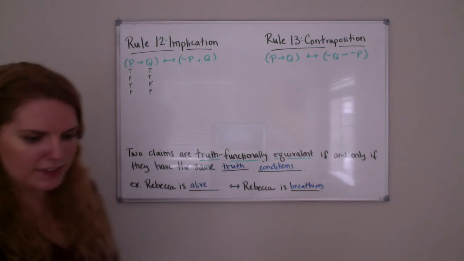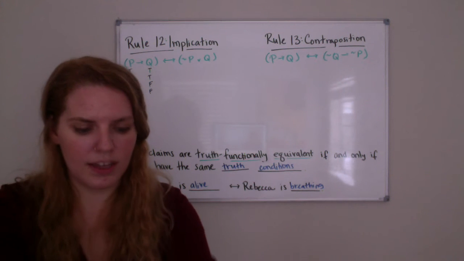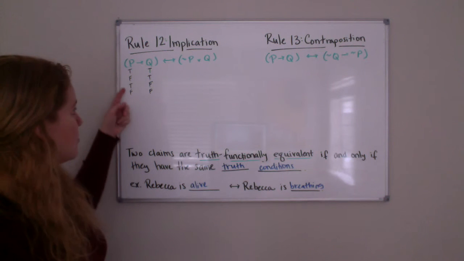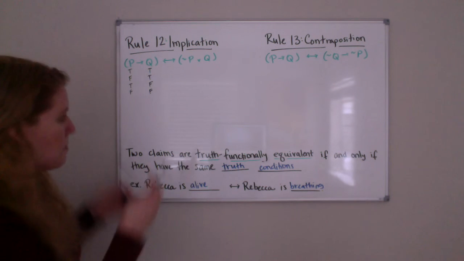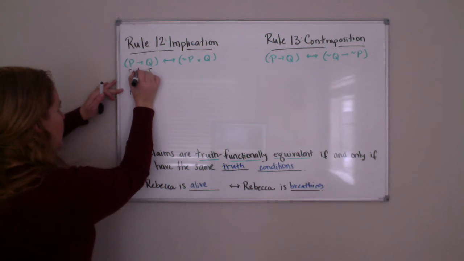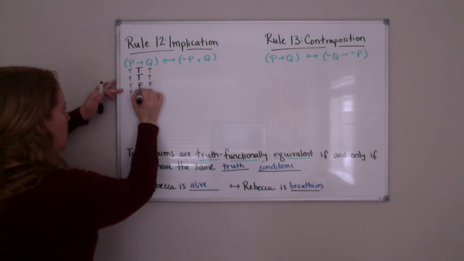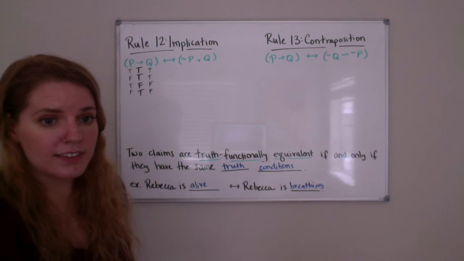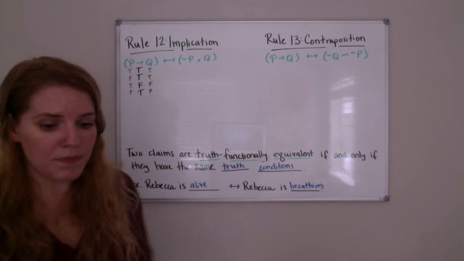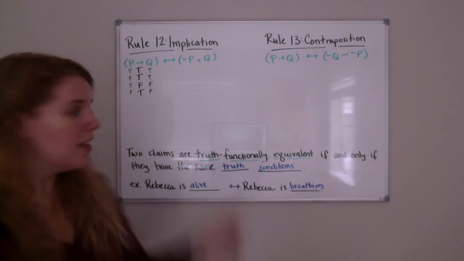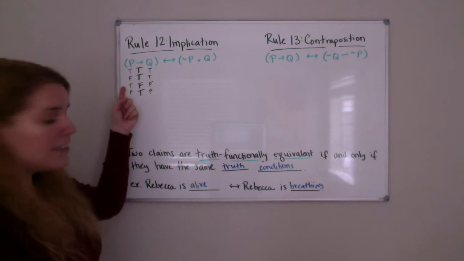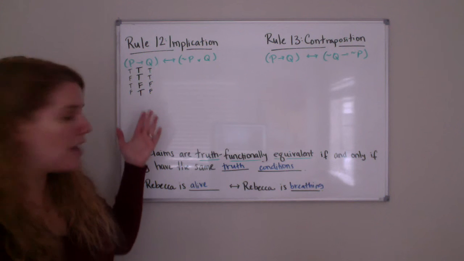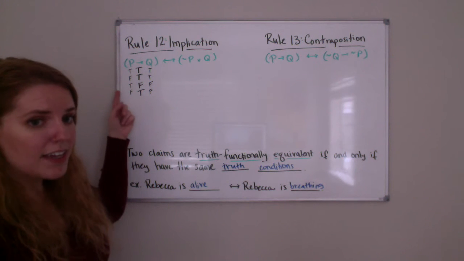Okay, so first I wrote up our truth values for P and Q. So for P I have true, false, and then for Q I have true, true, false, false. And our truth table for the conditional itself is true, true, false, true. So our conditional claim is true in rows 1, 2, and 4. The only time that a conditional claim is false is when the antecedent is true, but the consequent is false. In this case, with P and Q, that means that this conditional is only false if P is true and